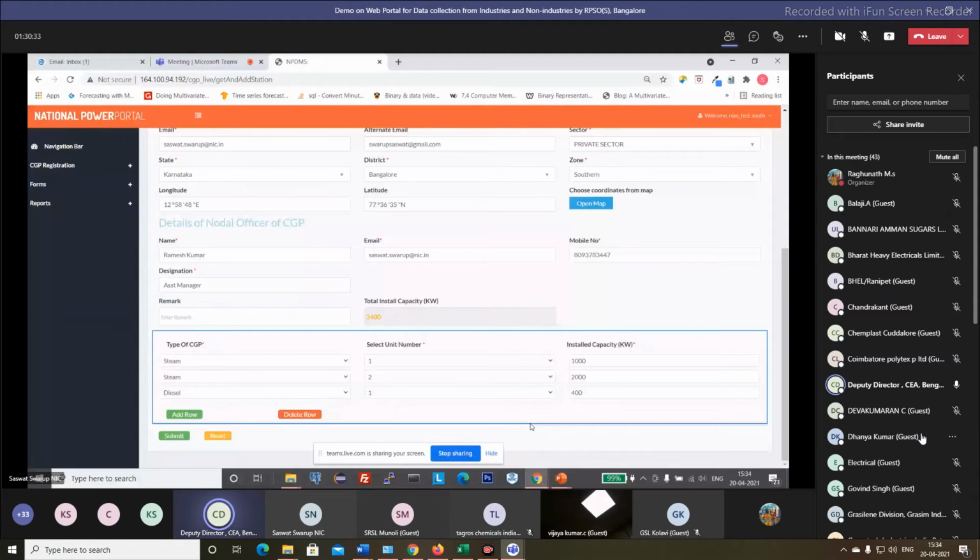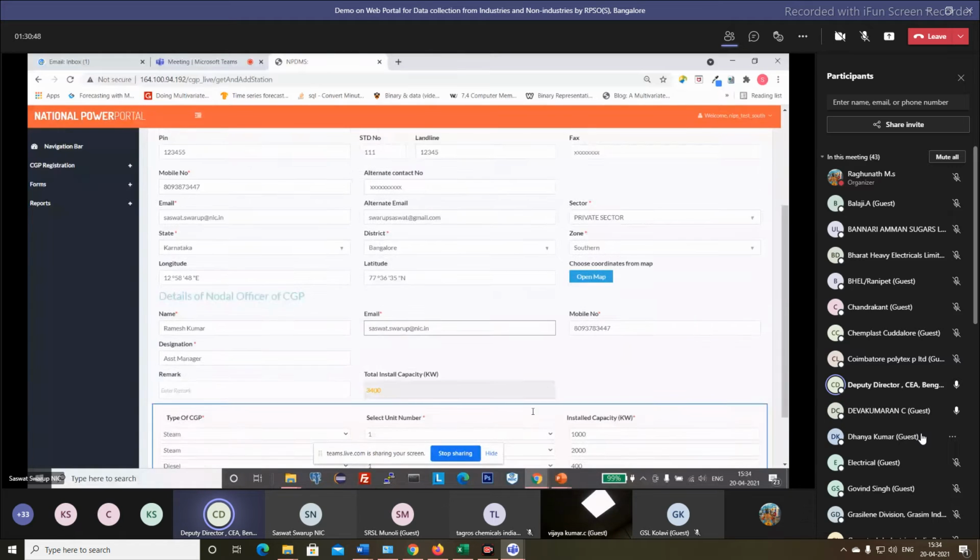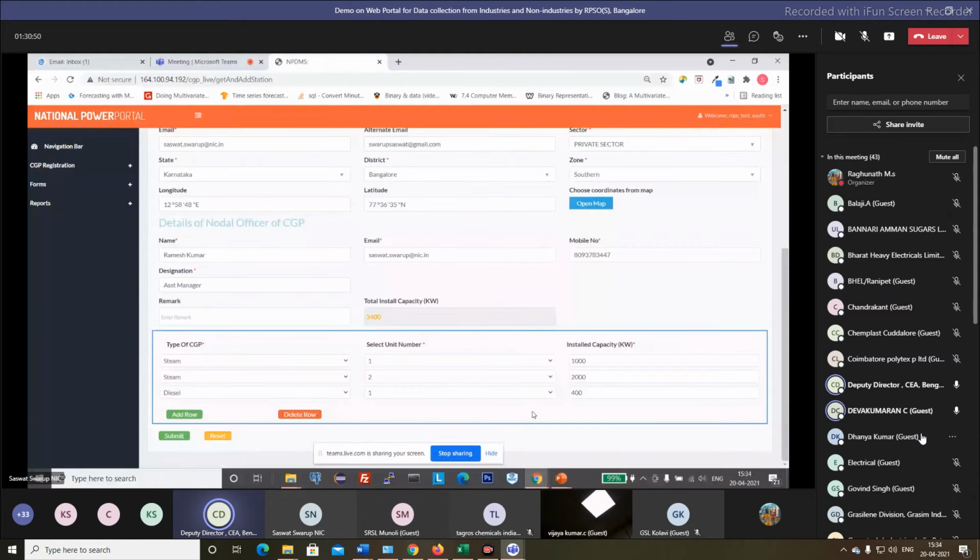You will have 415 only, no? What else do you have? Any other? Yes, we are operating only in this LV. Okay, so the voltage level need not be mentioned. You just mention the installed capacity, and we will go further about the generation. So till now, any queries?